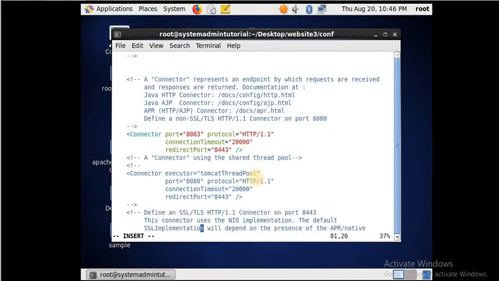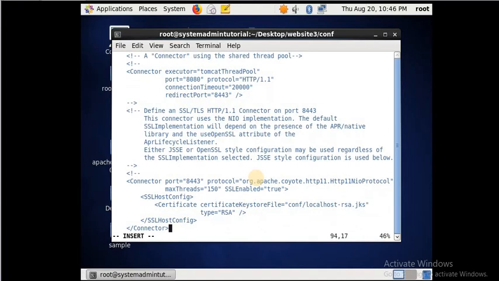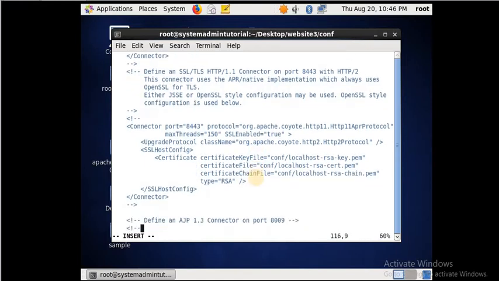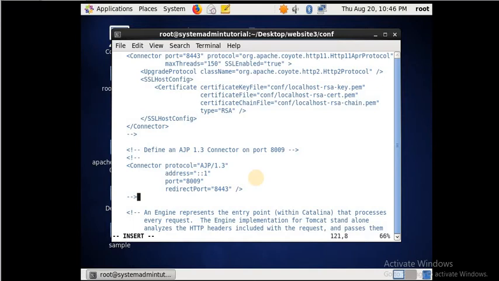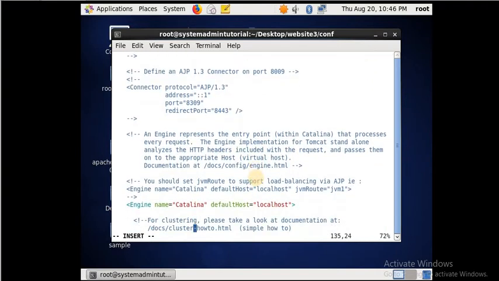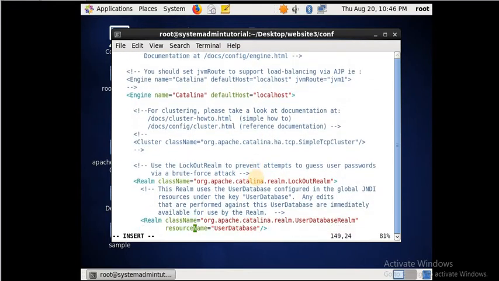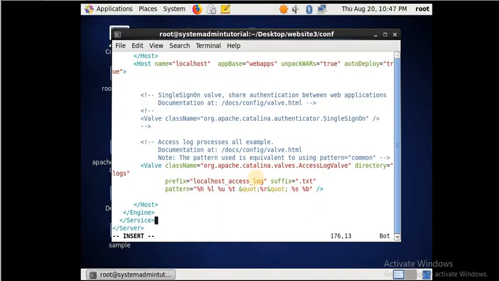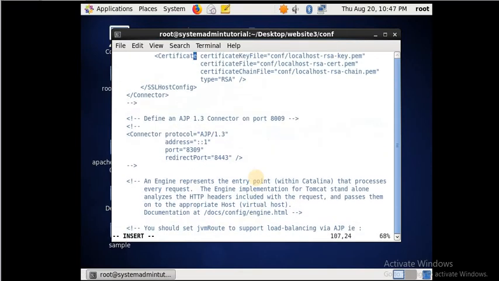Next, here we are changing it to 8309. At the beginning you will find the shutdown port.